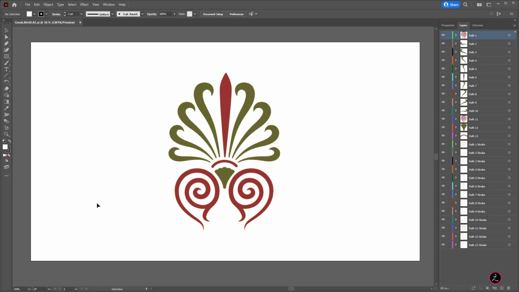Extruding shape layers inside After Effects is all about our work inside Adobe Illustrator and how well the layers are organized before we import them into After Effects. In this case, looking inside the Layers panel, every single path is on its own layer and not inside a group or a sublayer. Each layer has been named and I have separated the fill paths from the stroke paths, which will help me with the extrusion process inside After Effects.